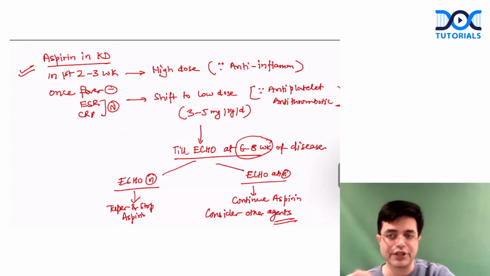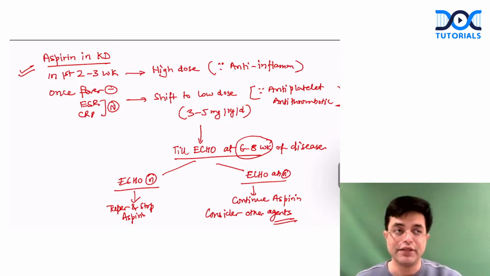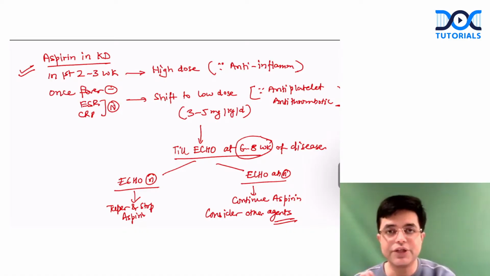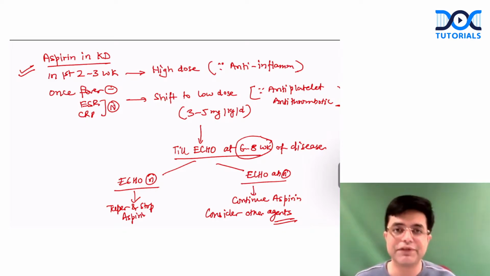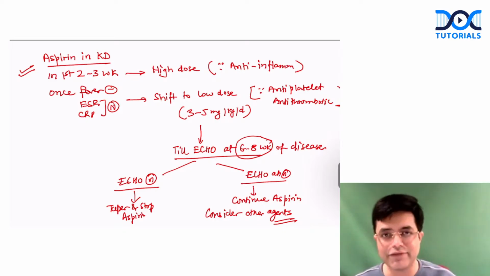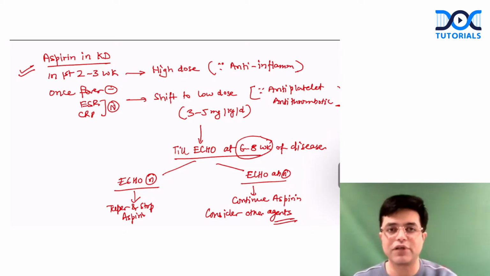The aim of this discussion is not that. Lastly, it is important for me to highlight, just because you read Kawasaki does not mean every patient is Kawasaki. Kawasaki disease should be distinguished from other conditions, but still in our country, a lot of patients are scarlet fever or atypical viral infections which can mimic Kawasaki disease. So you should have a high degree of suspicion for Kawasaki, and wherever you are suspecting Kawasaki, it is not given in Nelson, but I am telling from Indian perspective, do not try to treat the patient in your small